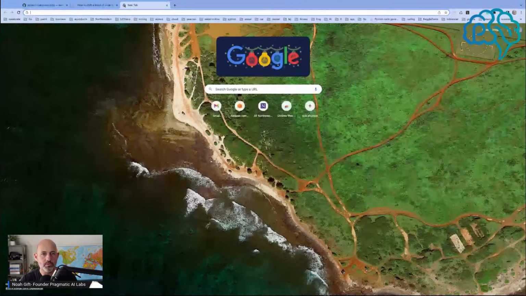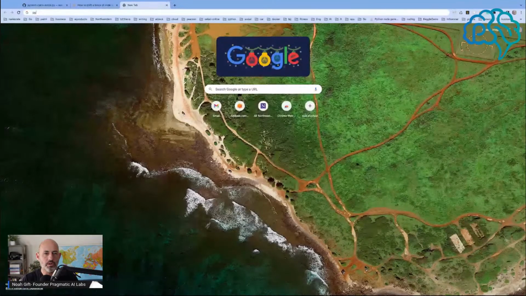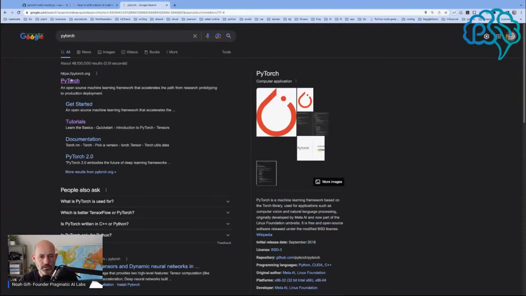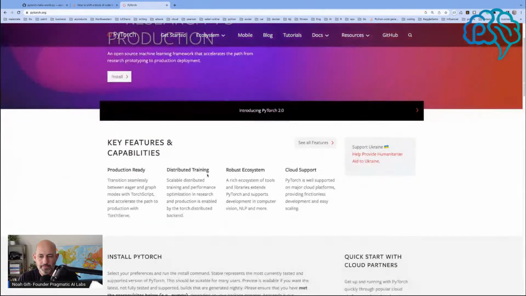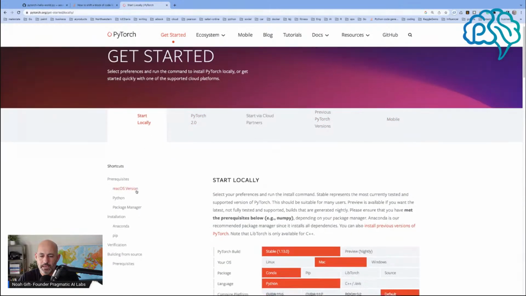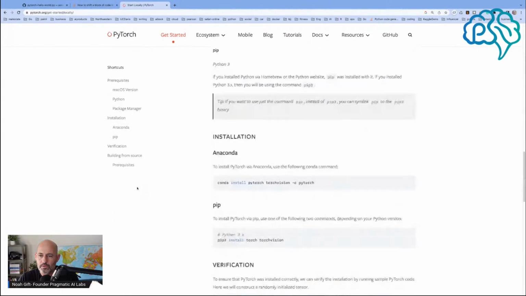So what else can we do? Just see what's going on with PyTorch. And we can also serve this out as a model. So getting started and tutorials,